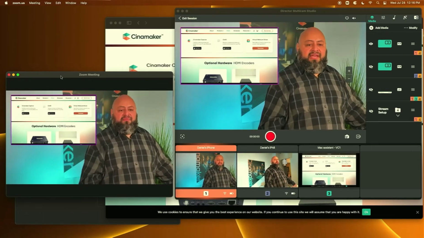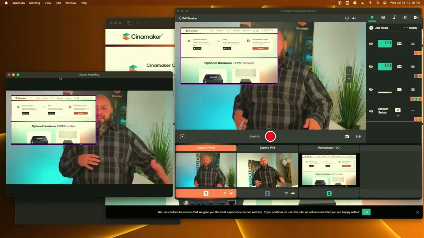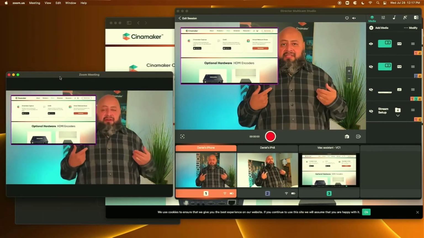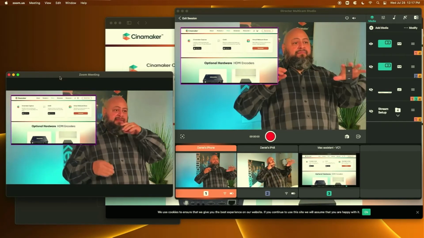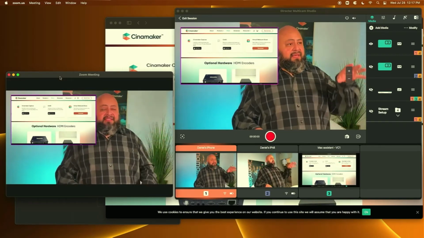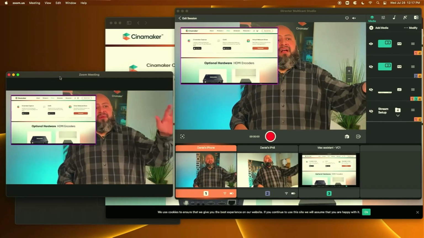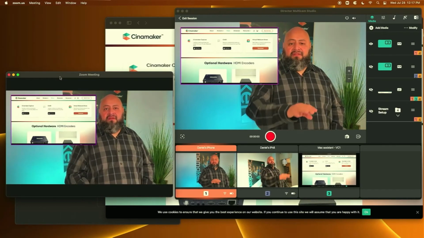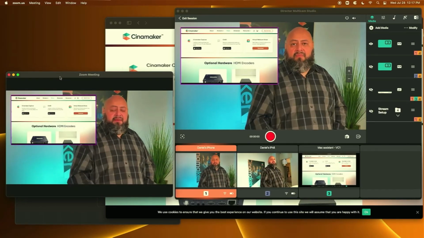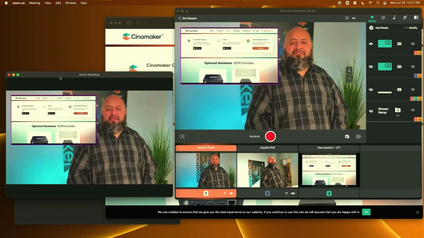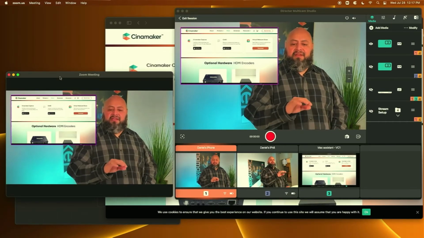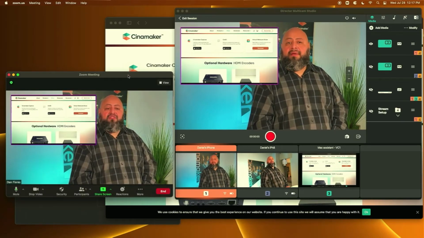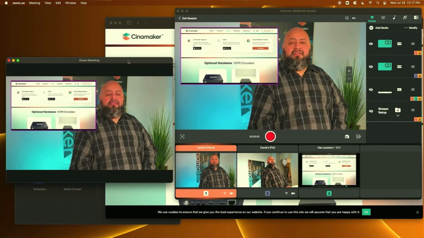Zoom. Okay, that's the video, but we want to make sure that the video and audio are in sync when we're talking to people, and we want them to hear us, and we want to hear them. So right now I am out of sync because my audio is going in through this live stream on Cinamaker on another Mac versus the video that is here on this demo moment in the how-to section of today's video. So the sync is not perfect right now, but we do want to make sure it is perfect when we are talking to people on Zoom.